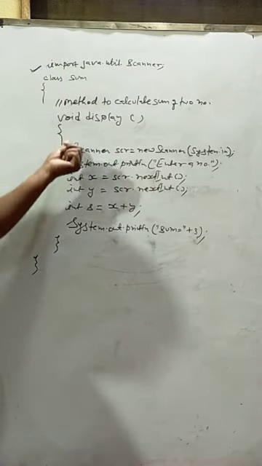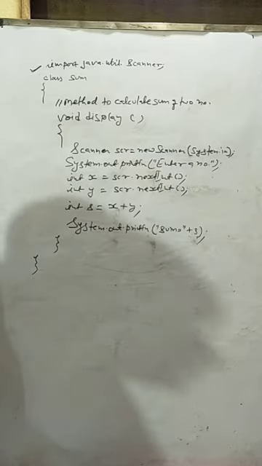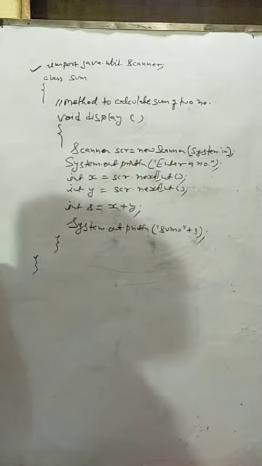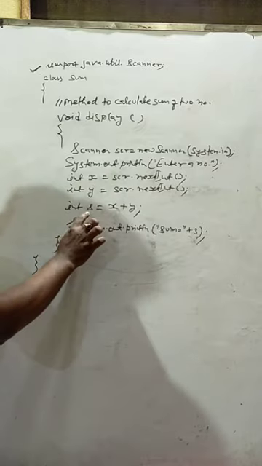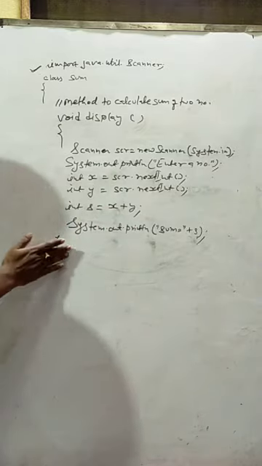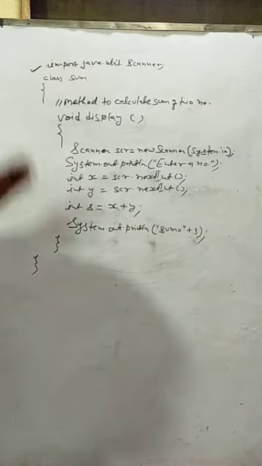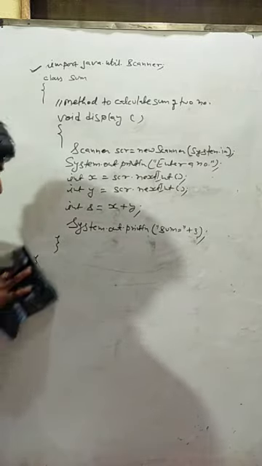Inside the class, inside a method, we will create a scanner object. After creating the scanner object, we will give a prompt to the user, like enter a number. When the user enters a number, that number is stored in x and y. We will calculate the sum, the sum is stored in s, and we will display the sum using this line. So these are the steps for using the Scanner class. See the video, try to understand. In the next video, I will start nested if.